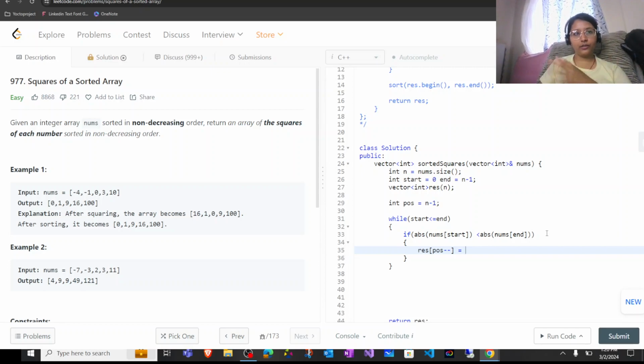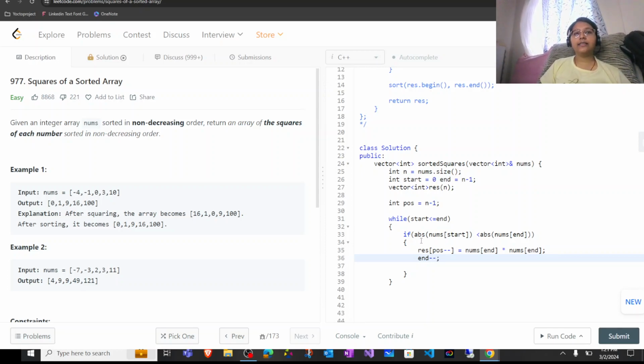So that's the thing. Here only we are doing it because we will be getting our answer here. So now, nums of end. After doing that part, now we can do end minus minus. Or the thing is, we can do that here as well. Because anyhow, it will first calculate the square and then do end minus minus. But for better understanding, let us do here only,